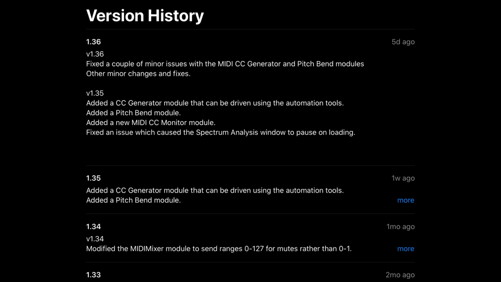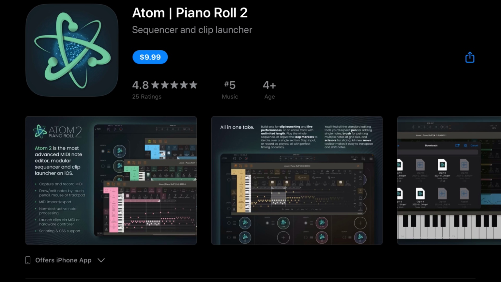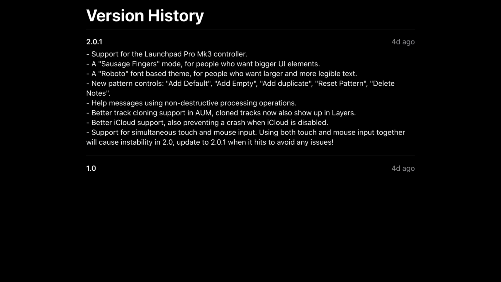And Atom Piano Roll 2, which just was released, had an update that literally followed the next day, so it's incredible how fast that developer is working. But what's new in this update is support for the Launchpad Pro Mark III controller, a sausage fingers mode for people who want bigger UI elements, a Roboto font-based theme for people who want larger and more legible text, new pattern controls, add default and add empty, and add duplicate reset pattern as well as delete notes, help messages using